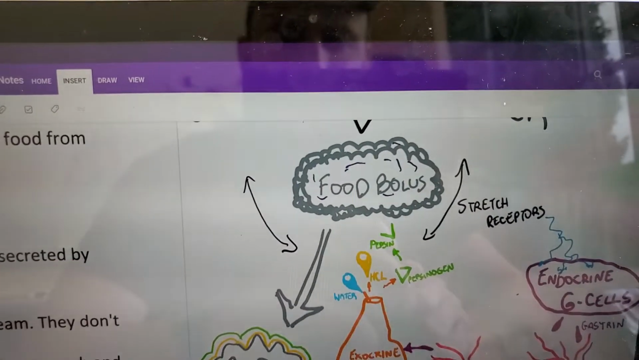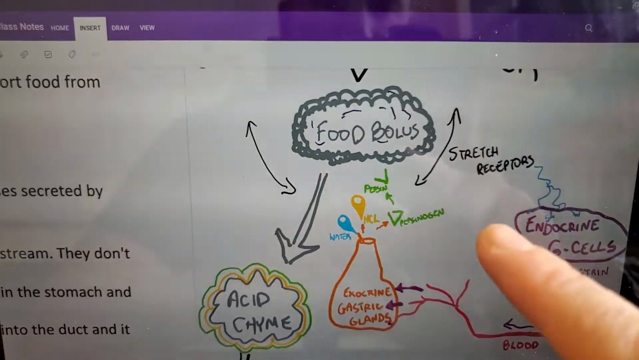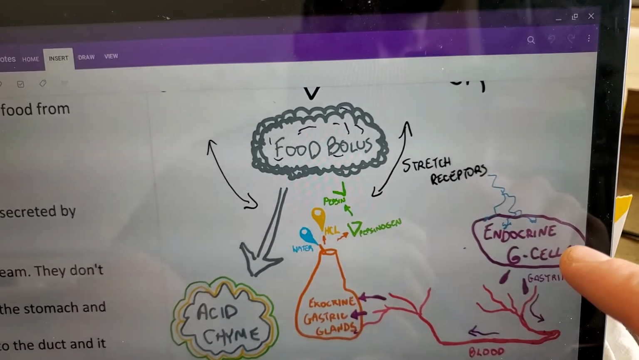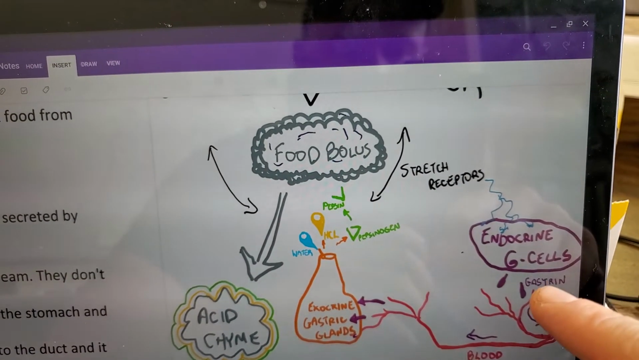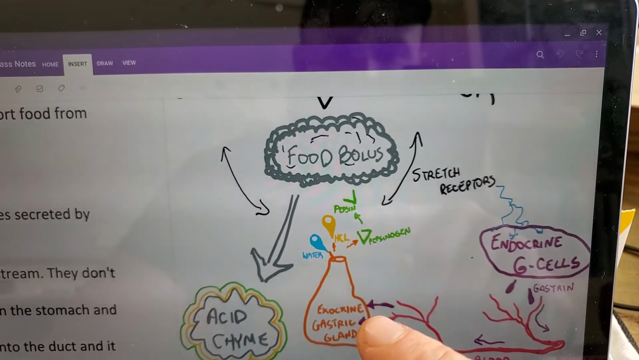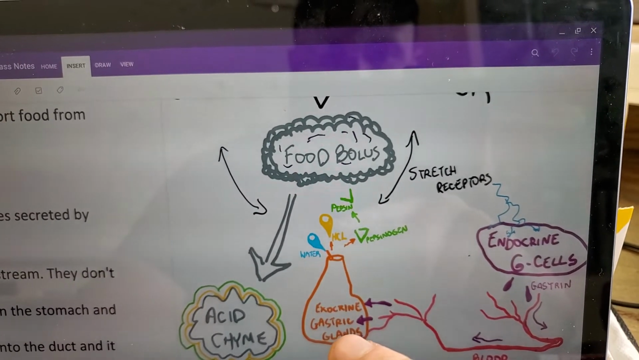The food bolus stretches the inside of the stomach, which triggers stretch receptors, which triggers endocrine glands called G cells to secrete gastrin, a hormone. That gastrin travels through the blood right back to the stomach again, and different cells in the stomach called gastric